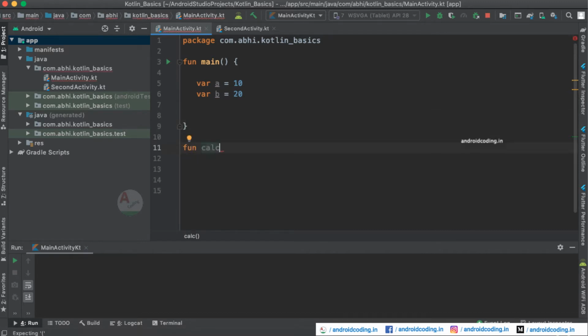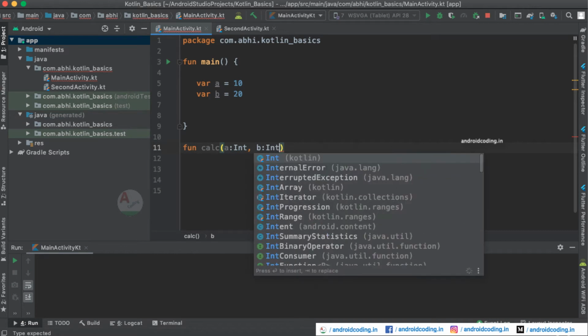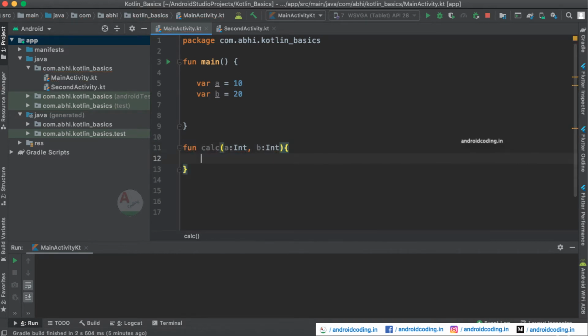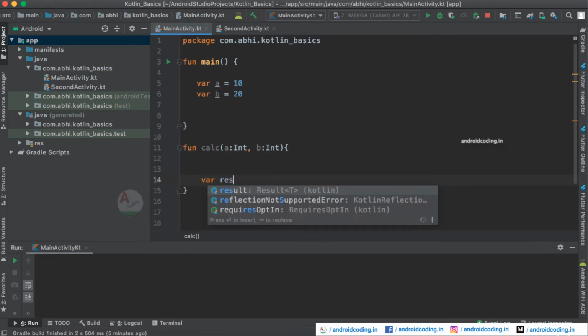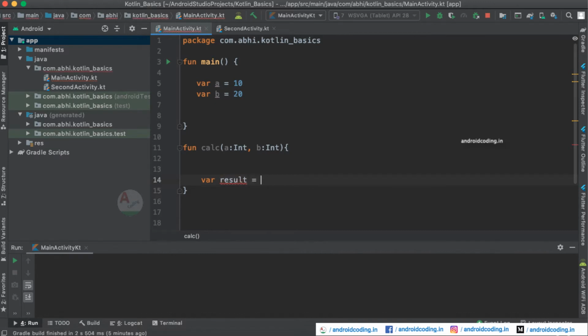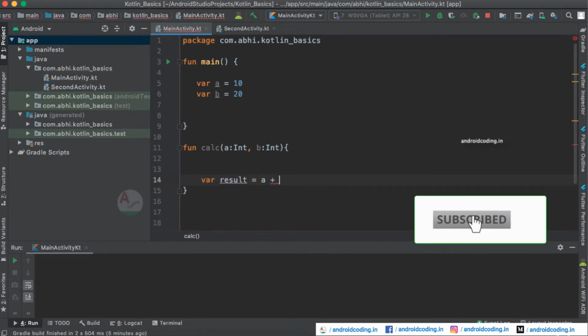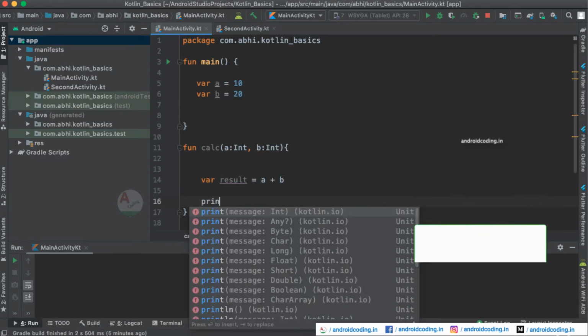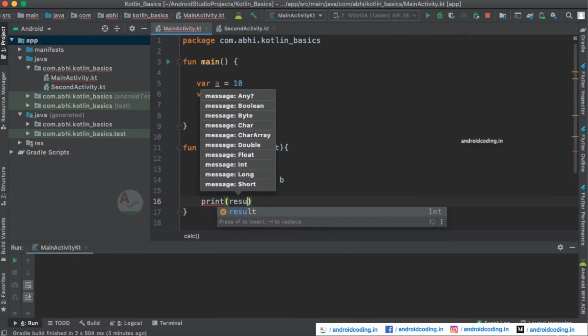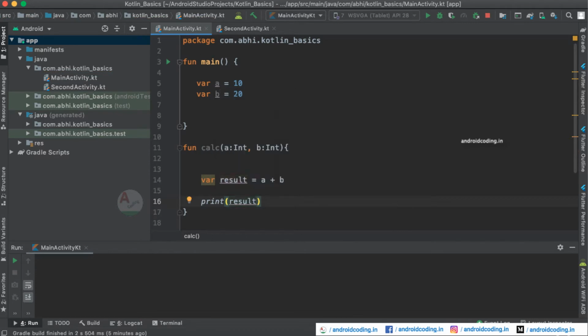So calc is a method and here we are going to accept these two numbers of int data type, and here we are going to declare another variable result, and we are going to add these two numbers and save in the result variable, and we are going to print this particular variable.